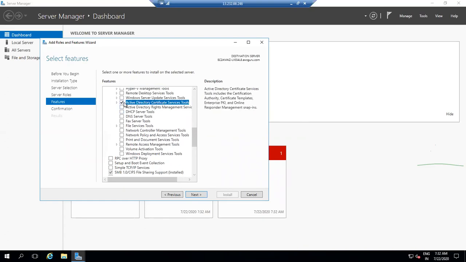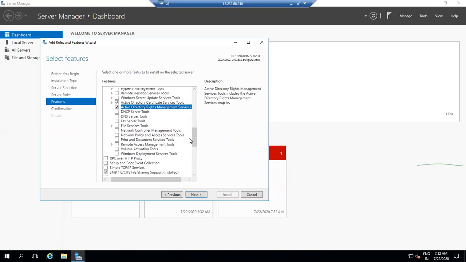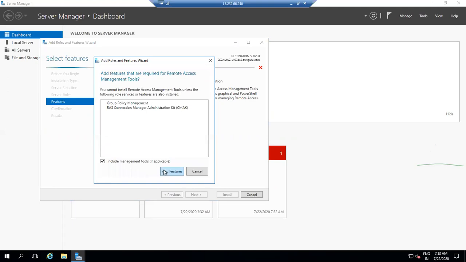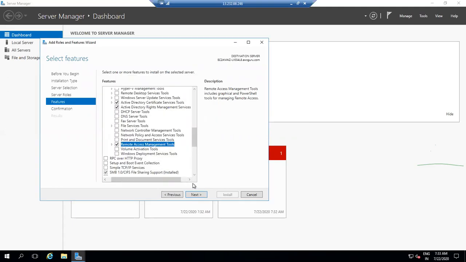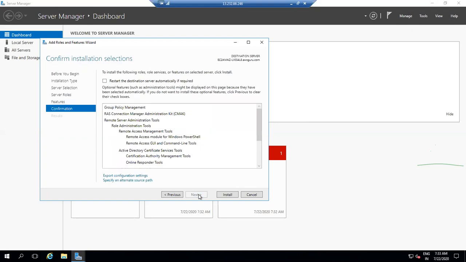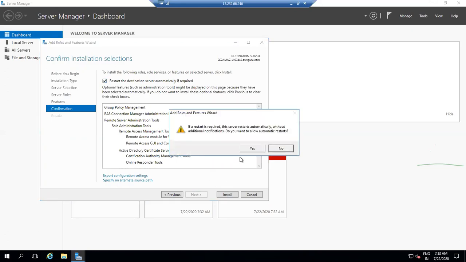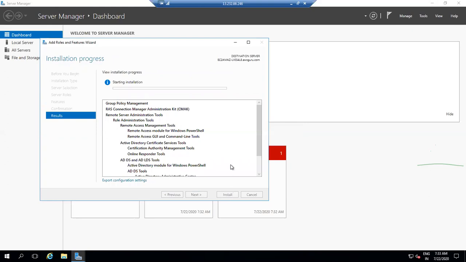Active Directory services, Active Directory remote accessible management, add feature, and click on next. Click on restart the destination if required. Install it.